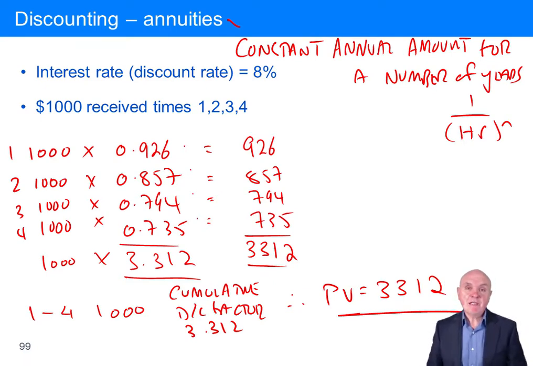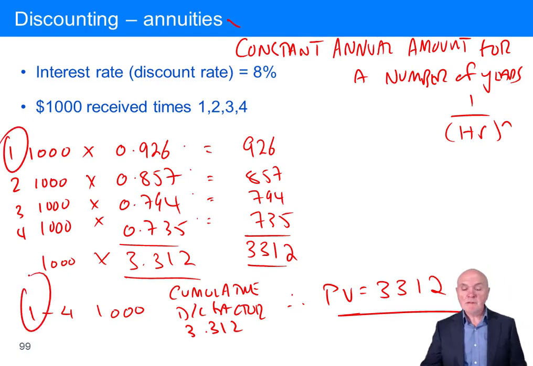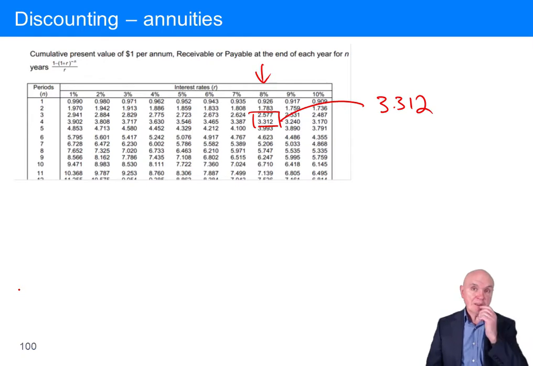So these cumulative tables give you a fantastic shortcut to working out the present value of annuities. Note, however, they all start with year 1. They are the cumulative factor for year 1 up to whatever year you're going to go to. And if you don't have a perfect annuity starting in year 1, then you just have to be a little bit cautious. So let's say we had a slightly